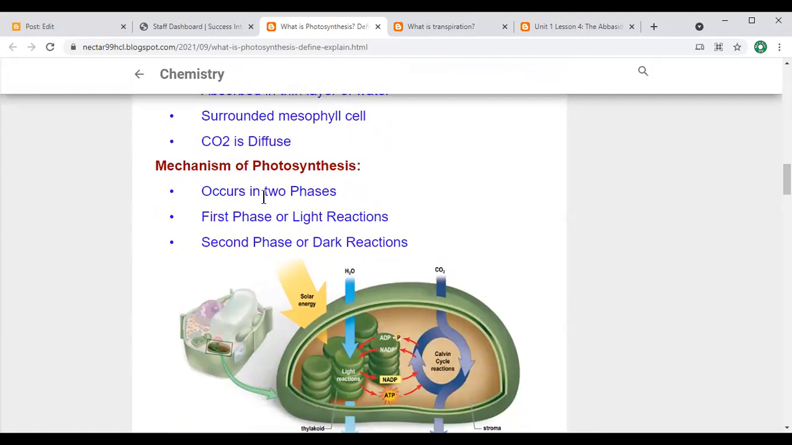Photosynthesis occurs in two phases. The first phase we call the light reaction. The second phase we name the dark phase, or dark reaction. The second process going on we name the dark reaction. So now you can see here,